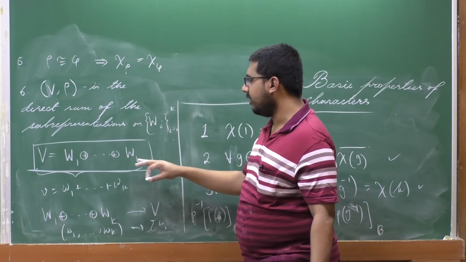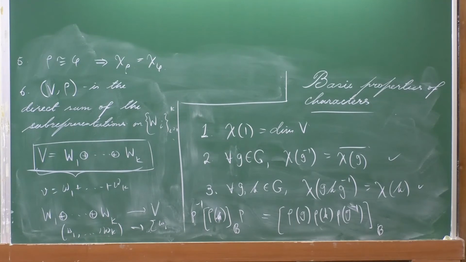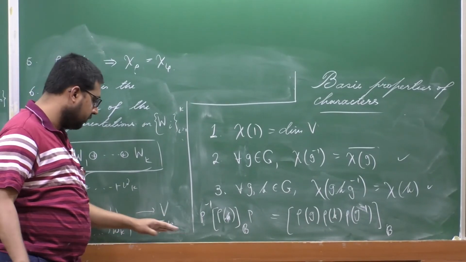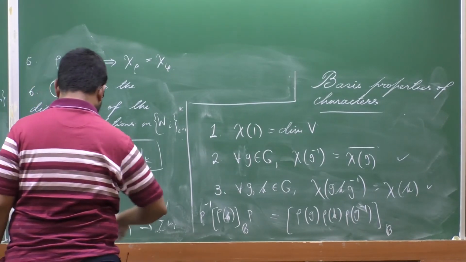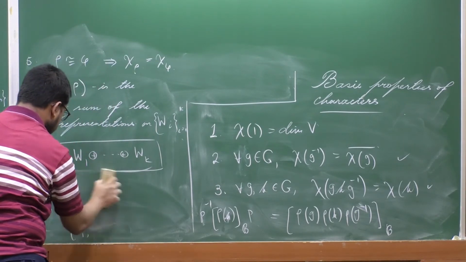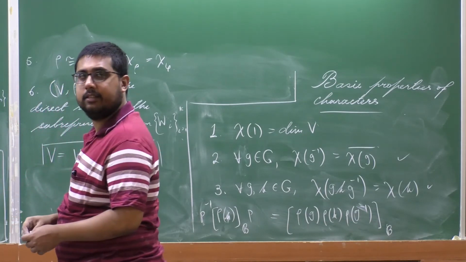So, V is the direct sum of the subspaces W1 up to Wk. That's exactly the same as saying that from this object, which is the Cartesian product, this natural summation map is an isomorphism, okay. All right. So, if this is the case, if now we assume that V is the direct sum of these representations, then